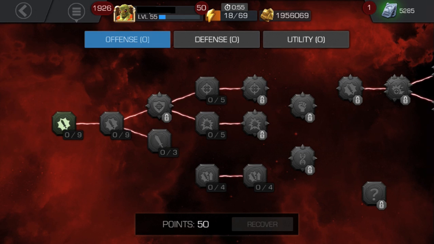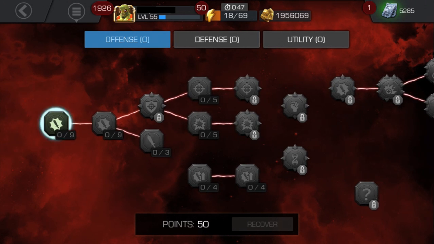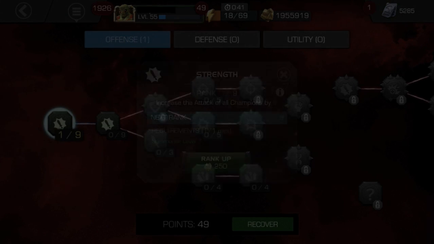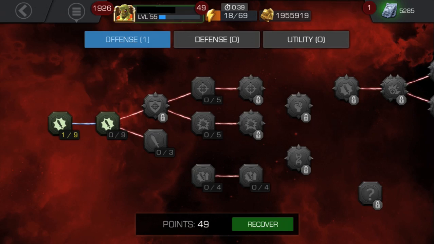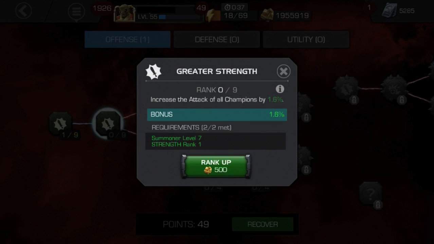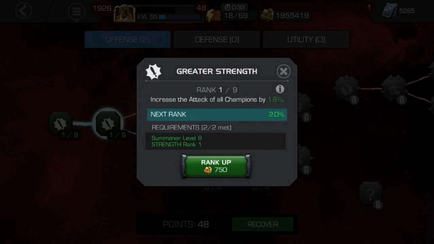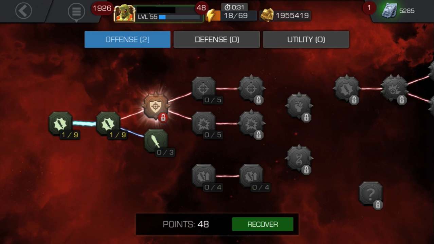I have this little cheat sheet for how I'm going to do this. So we'll start here and see how much gold I have to spend. I guess you could pay attention to the gold as well. So here we go. Rank up 1. Gotta be careful not to punch the wrong thing so I don't screw myself over. So greater strength 1, and I'm going to do just kind of a bare minimum until I get up to what I really need, and this is where it's going to get